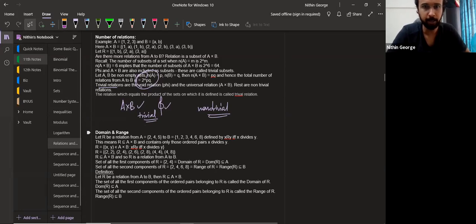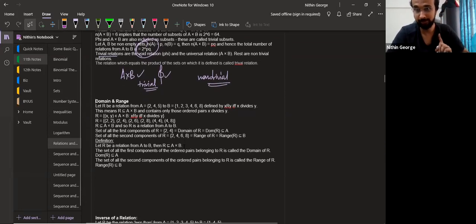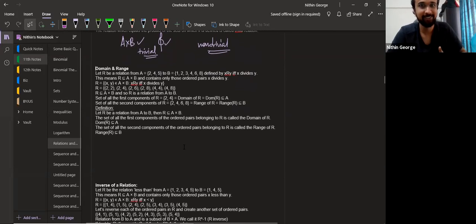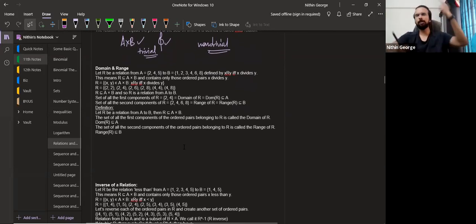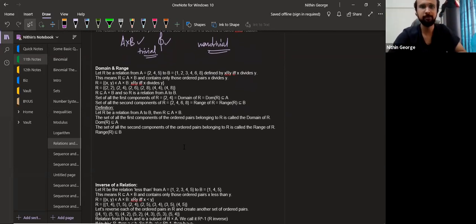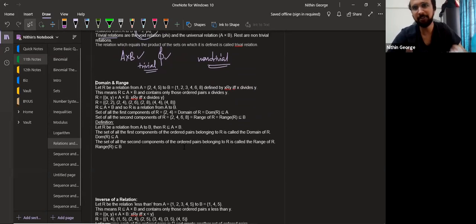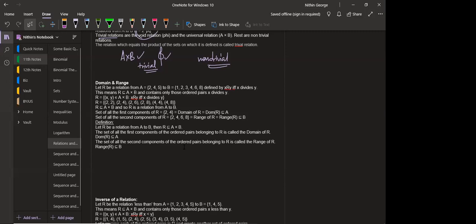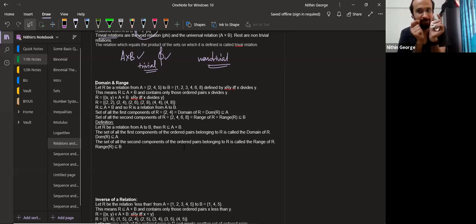Now comes domain and range for relations. Not for function, for relations. So it's almost the same thing. What can be the domain here? Can you guess? I'm putting it in front of you, but try not looking at the screen and just guess. So the x, all the first coordinate values. Correct. When you say (a, b), all the values a can take in that relation.